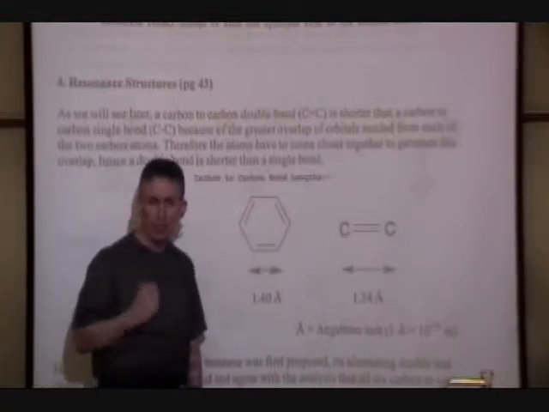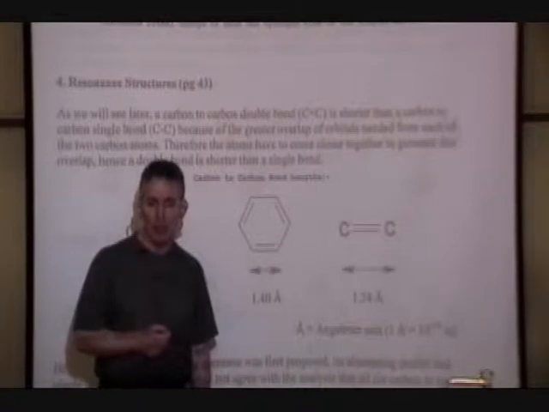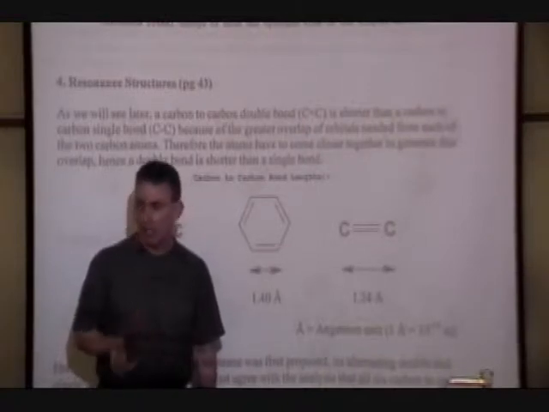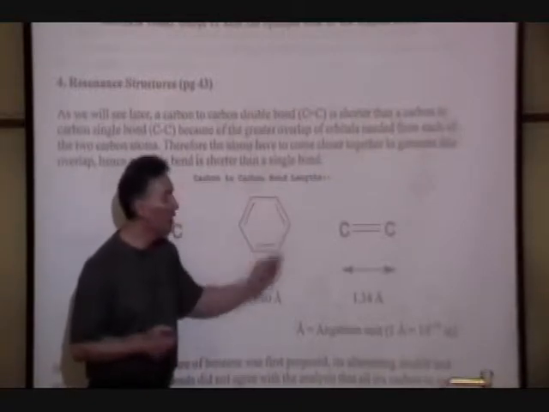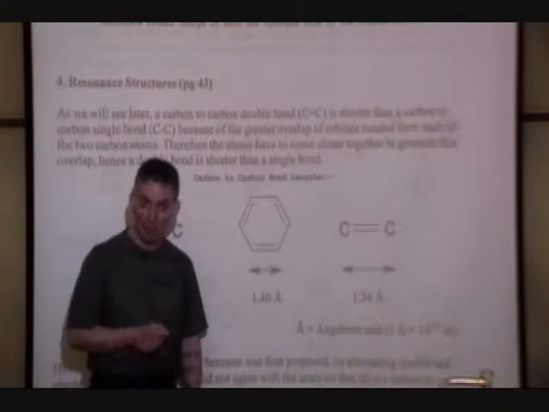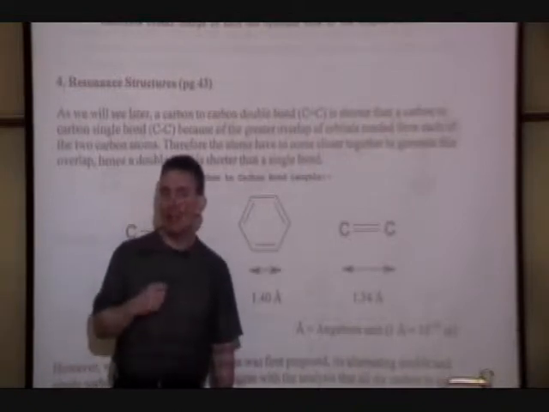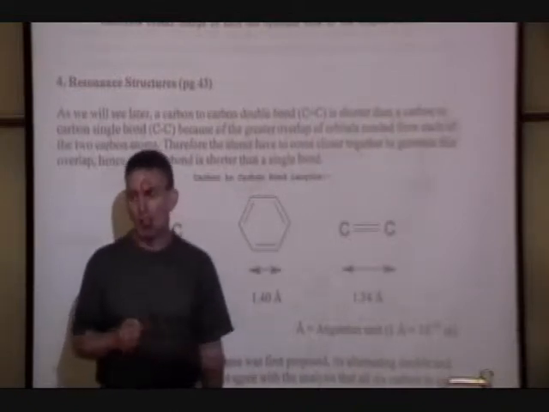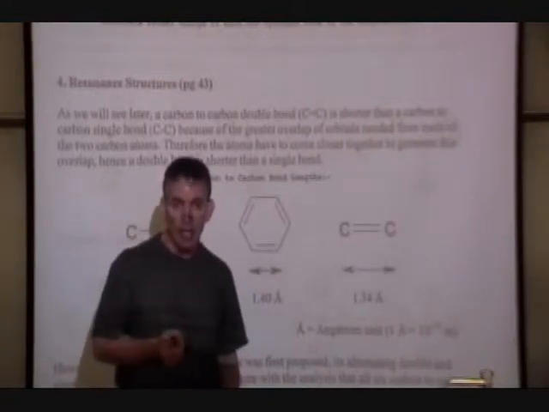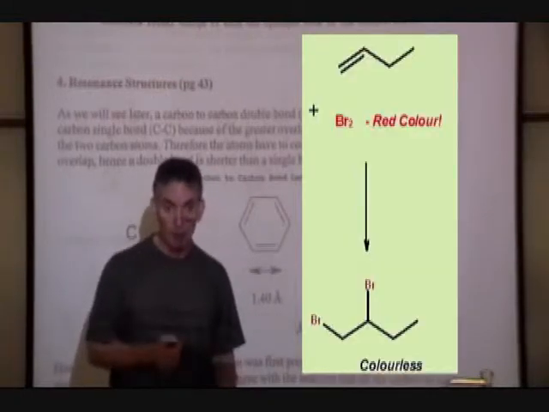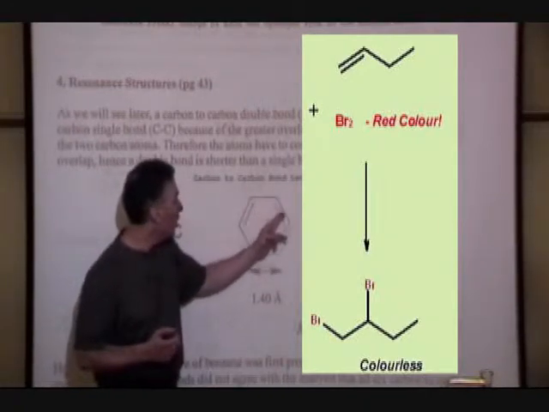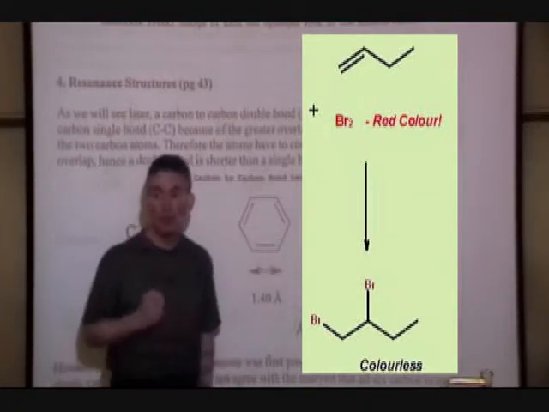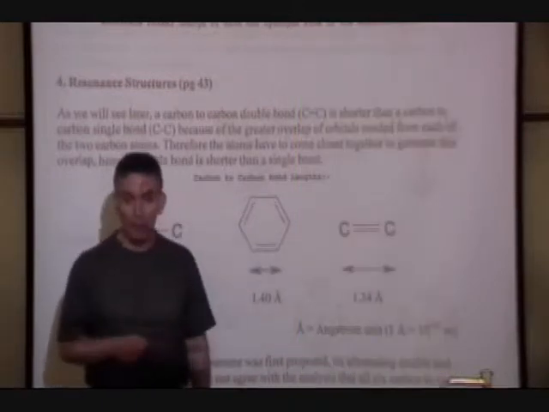So we'll see shortly that there's a family of organic compounds called alkenes. And when we talk about alkenes, we're talking about compounds which contain at least one carbon to carbon double bond. These compounds are very reactive, we find. You can react them with things like bromine, and it will decolorize bromine liquid solution as the bromine atoms add on across a double bond and produce a new chemical compound.